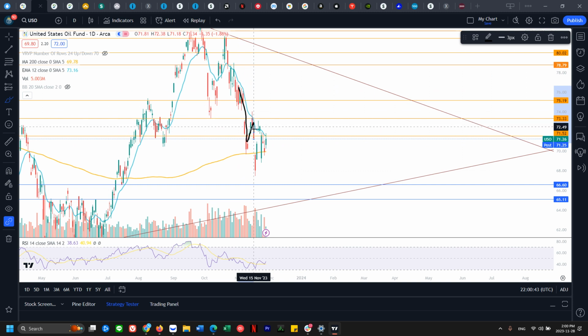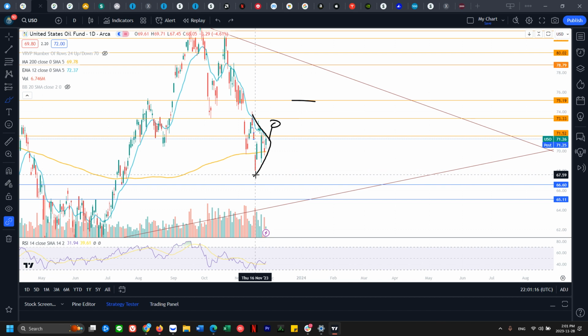Let's see. Drop. Still below the prior pivot. Bounces. And still below the prior pivot. So it's pretty much tightening up as well. You can see the range is getting really tight. So whichever way this breaks, when it breaks bull, I want to see it break above the 12 EMA at the same time and then close above it. Then that's a good sign that oil may come back up here, 75. That's 75. If we can break bull, fine; if it breaks bear, we're looking back down at the 66 zone. Obviously, we'll be looking at down this low first.